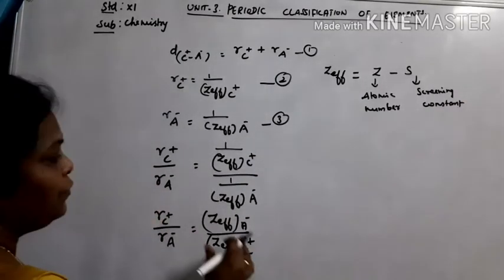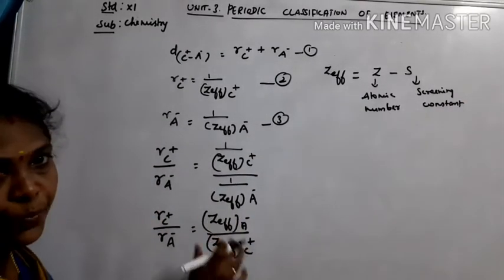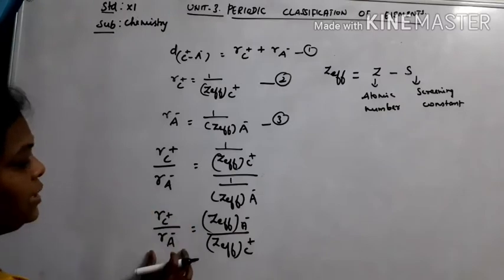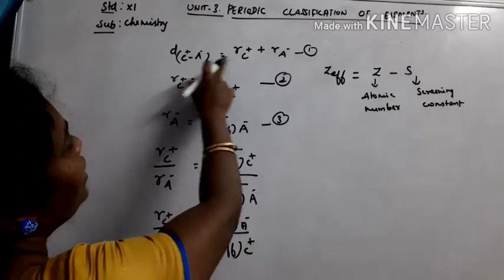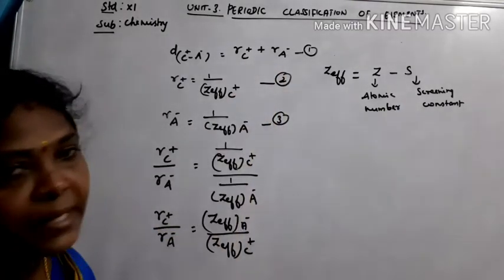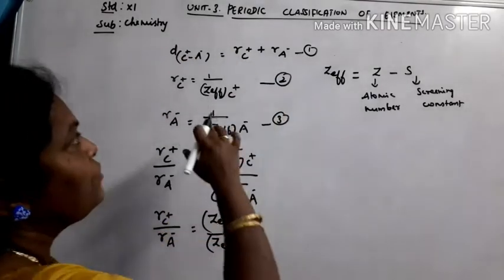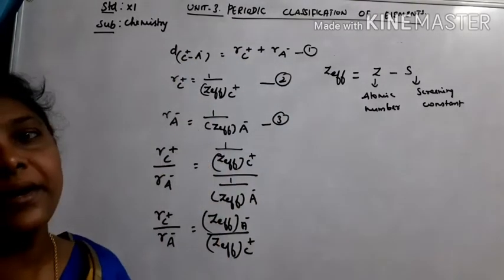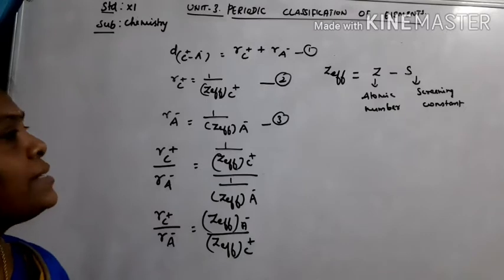So after calculating the effective nuclear charge of cations and anions, we substitute these and can calculate the radius of the cation as well as the radius of the anion by combining these equations if we know the interionic distance